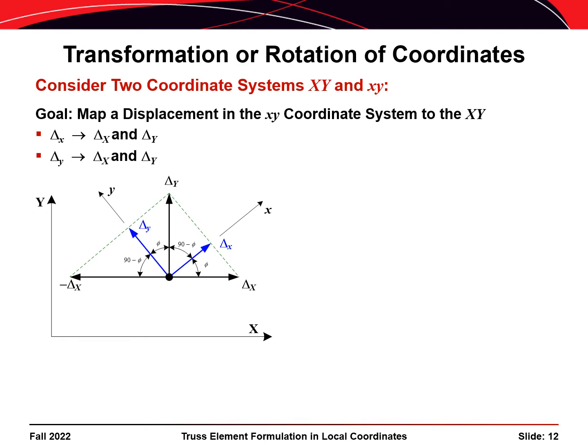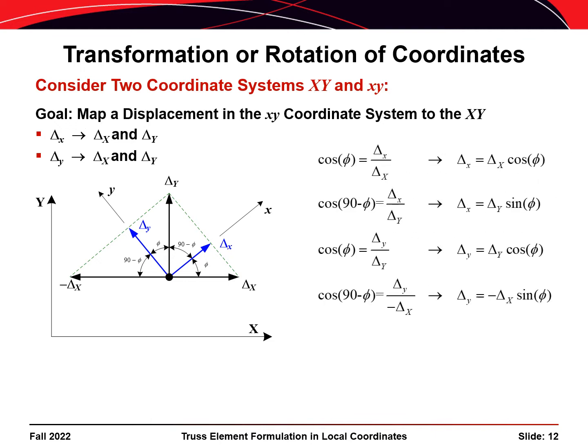To start off, we'll map nodal displacements in a global coordinate system to displacements in a local coordinate system. As you can see in this slide, global displacements delta capital X and delta capital Y are shown in black. Local displacements delta lowercase x and delta lowercase y are shown in blue, and phi defines the angle between the two coordinate systems. We can use trigonometry to determine the magnitude of the local displacements relative to the global displacements,